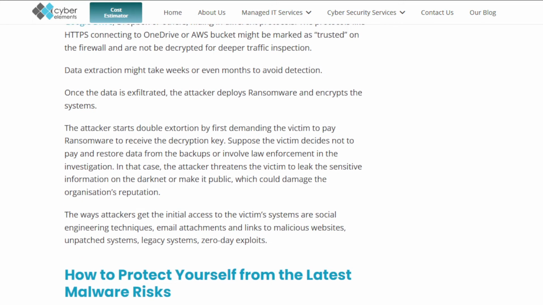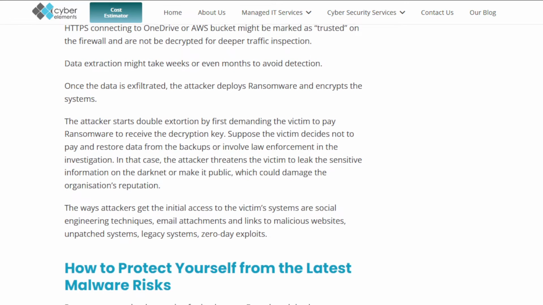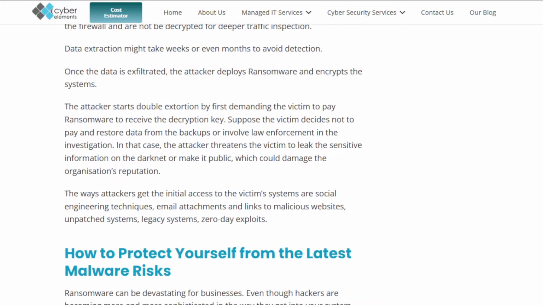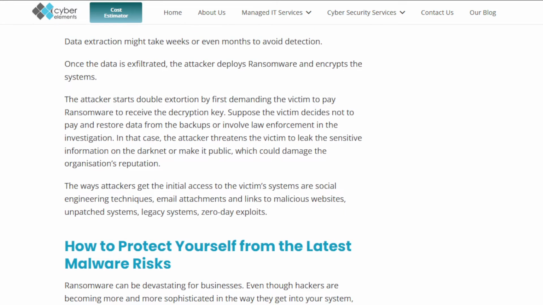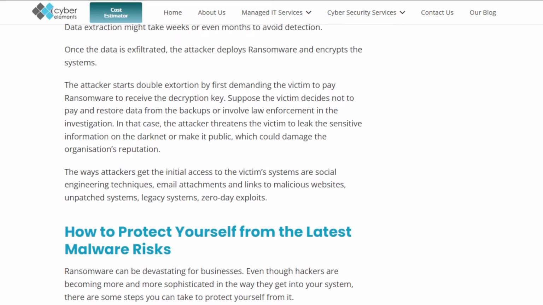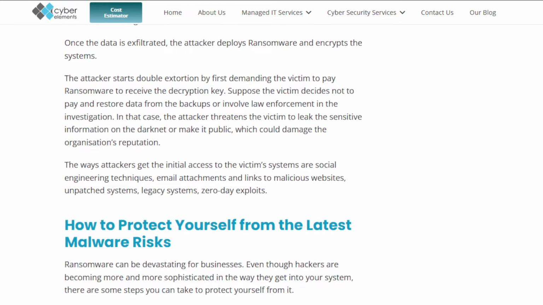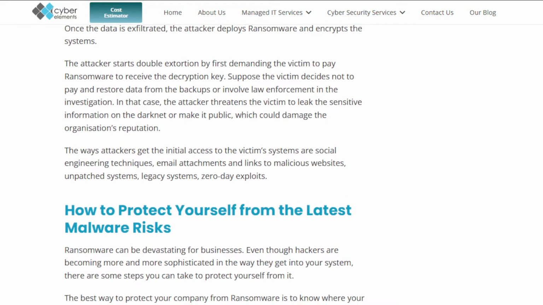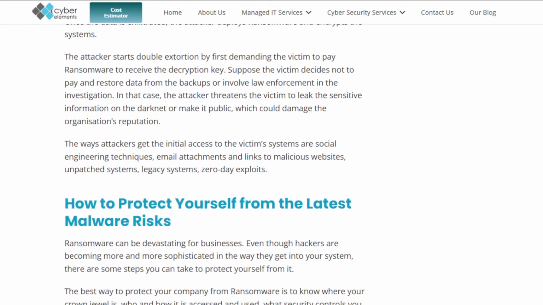Once the data is exfiltrated, the attacker deploys ransomware and encrypts the systems. The attacker starts double extortion by first demanding the victim pay the ransom to receive the decryption key. Suppose the victim decides not to pay and to restore data from the backups, or involve law enforcement in the investigation.